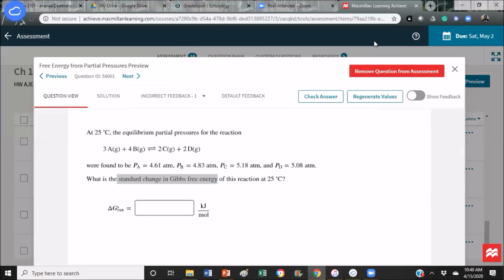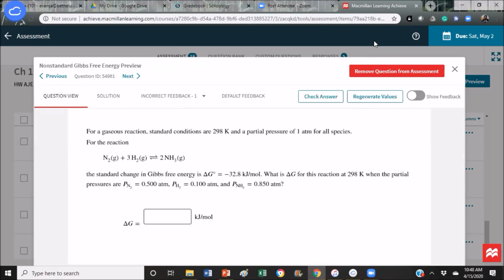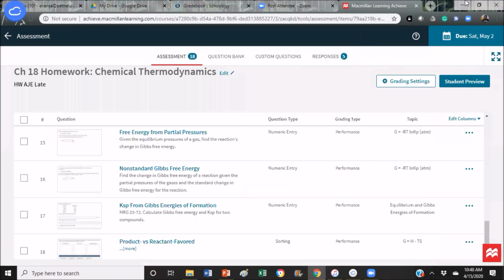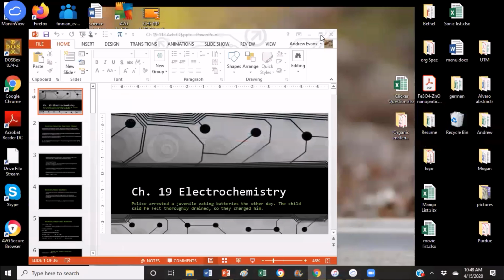Now going back to this guy again, they give you the Gibbs. They don't say the standard Gibbs. They say just the Gibbs, with no naught on the reaction, and they don't make reference to the fact that it's at equilibrium. So okay, that's where we're going. Let's go back to starting the